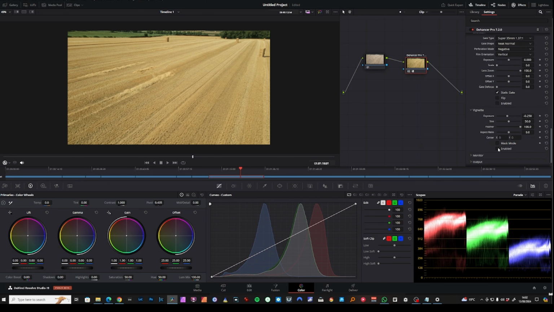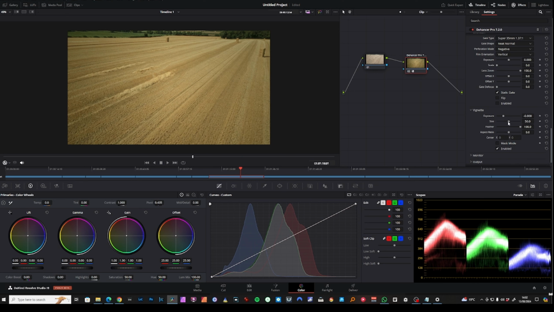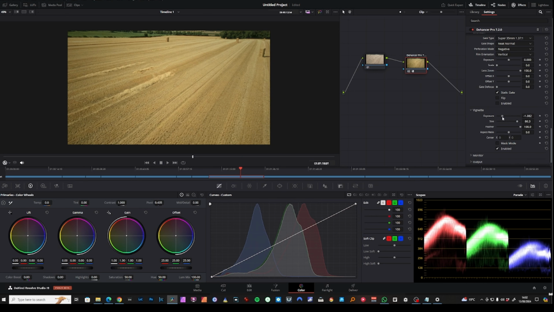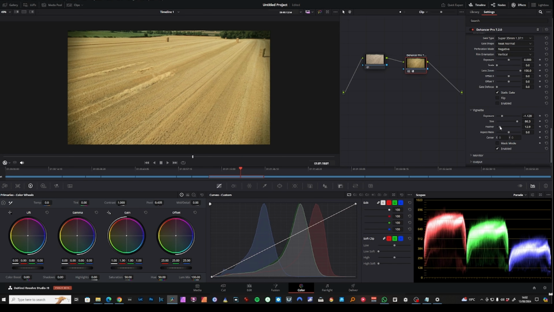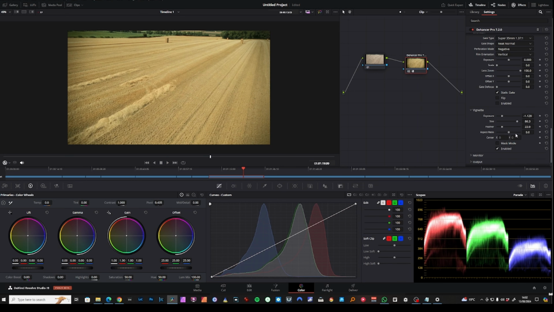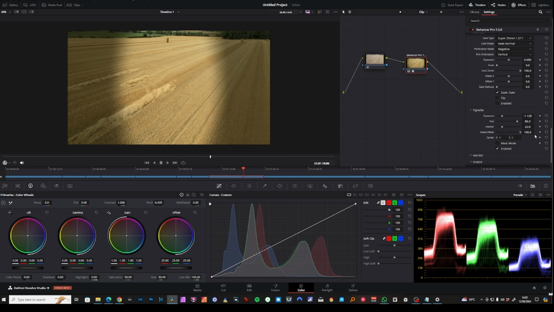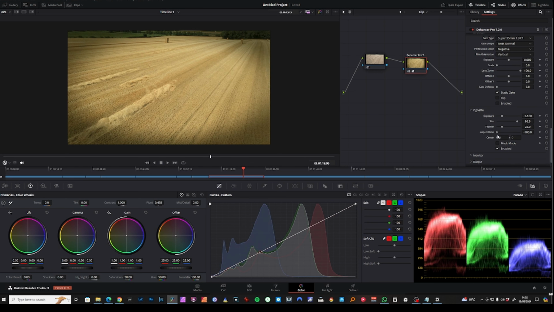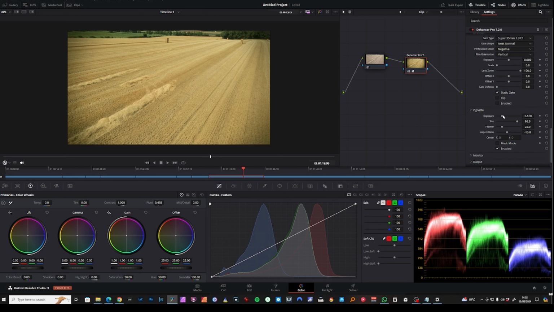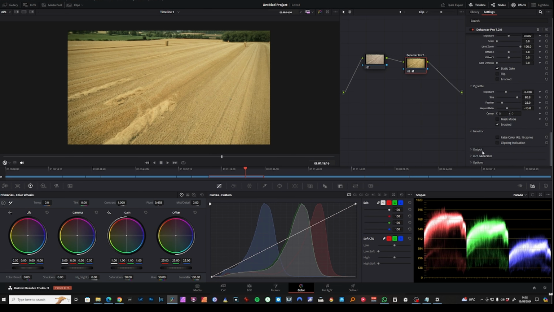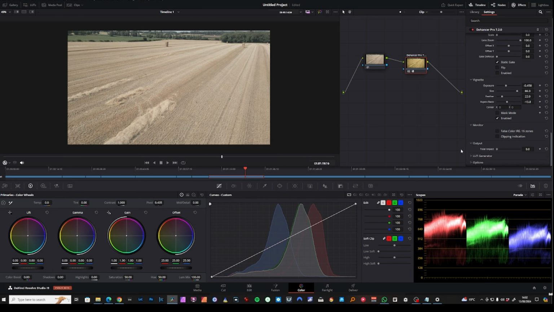Vignette is one of my favourites, just putting a dark edge around it. You can vary the size of the middle of it, the brightness of it, and how feathered it is. So you can go from just dark edges like that, and you can actually change the shape of it from a tall thin to a fat wide, like that. Maybe a little bit too much there. And it looks like at the end you can fade the effect in and out like that, look, which is